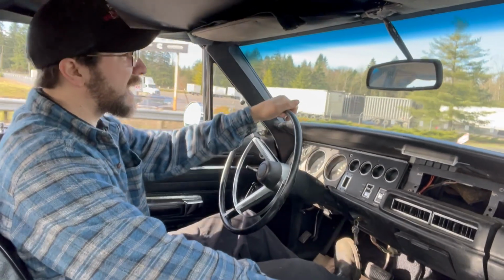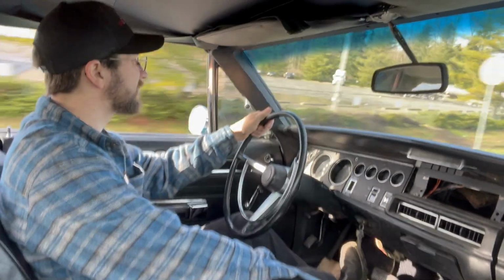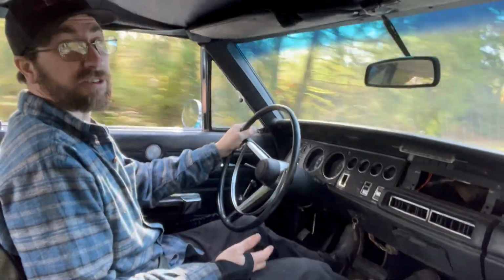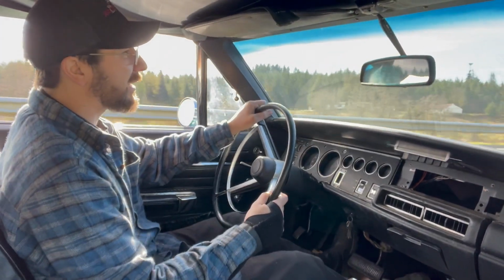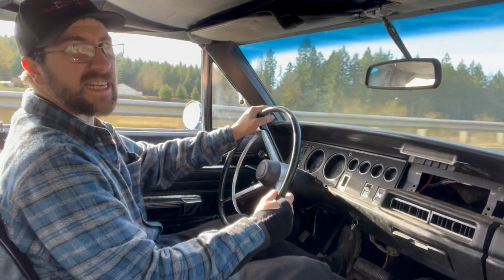I believe sometime next week this thing's getting shipped to Germany. I'm gonna miss it. I thought the Magnum swap in this car would be an interesting subject. The truth is, with a carburetor on it, it's basically the same as bolting in any LA engine. I know a lot of the viewership is very interested in Magnum